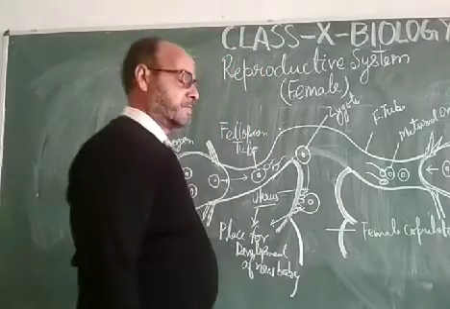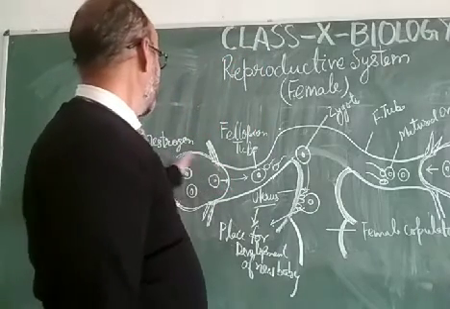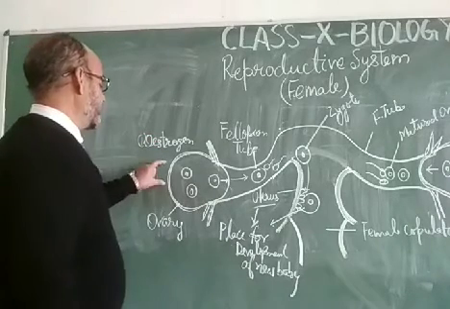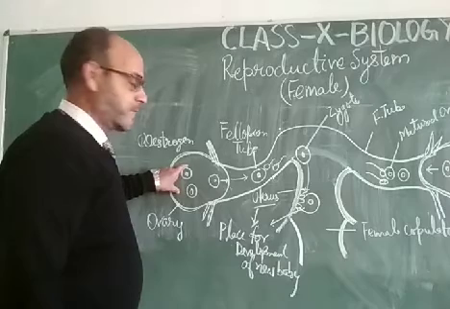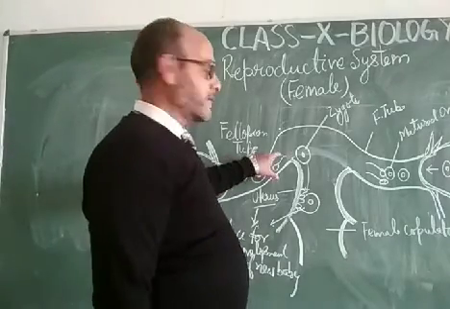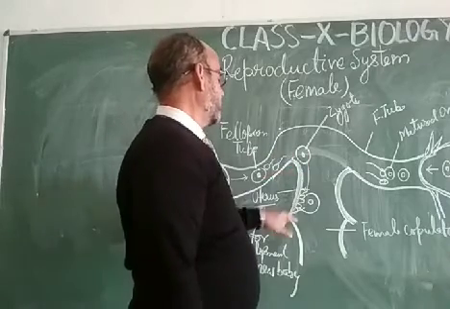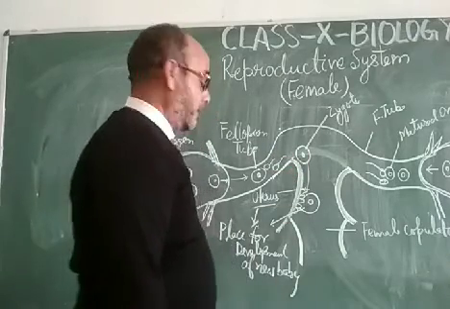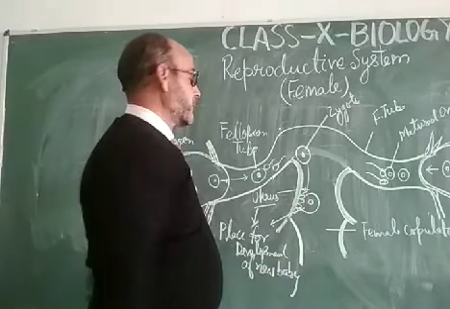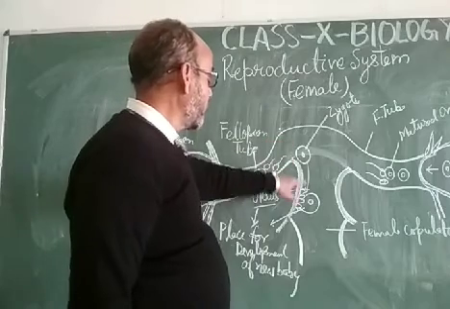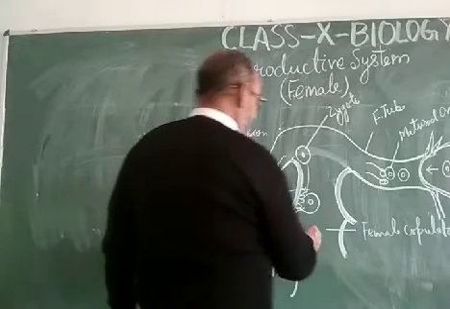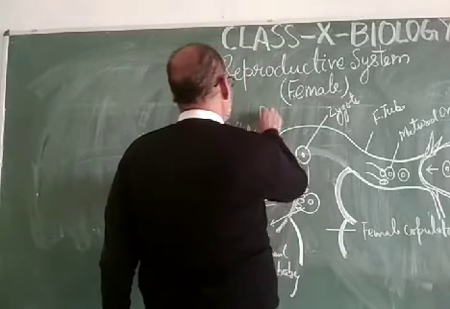My dear students, let us know the two hormones that are there. Number one, this is the estrogen, which is for the initiation of oogenesis, that is the gametogenesis in the female, and on maturation the ovum comes here for fertilization. And when the zygote forms, this zygote gets planted at the uterus, and in this process, for the nourishment of the planted zygote, there will be another hormone, and that is called progesterone.